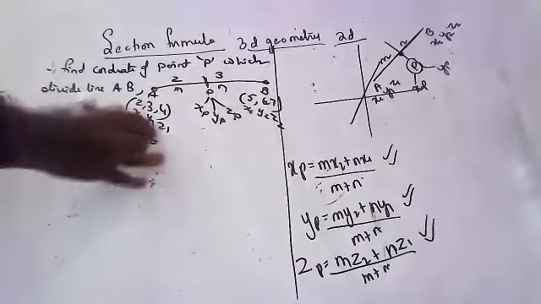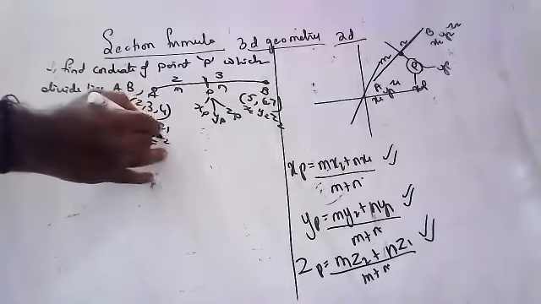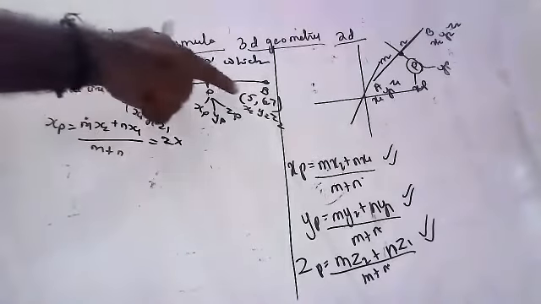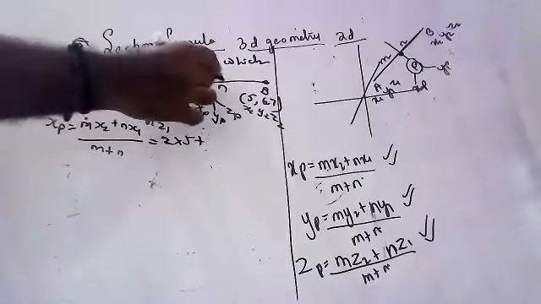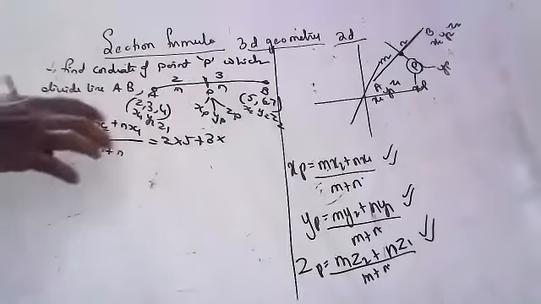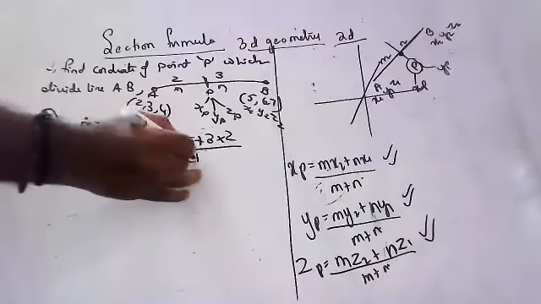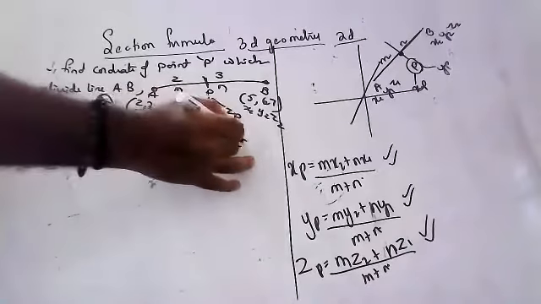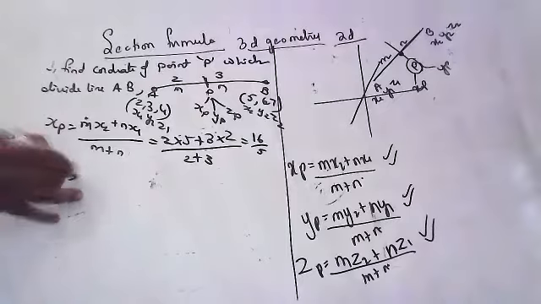Come on, children. Okay. So Raghuram, tell what is m? Sir, m is 2. 2 into x2, how much? 5. And n is how much? n is 3. What is x1? x1 is 2. By 2 plus 3. 10 plus 6, 16 by 5. Yes. In the same way, you should find out YP also.